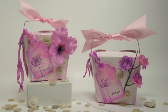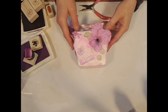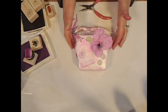favor. We're using some lovely takeout boxes and some tags, and it's very inexpensive and easy to make